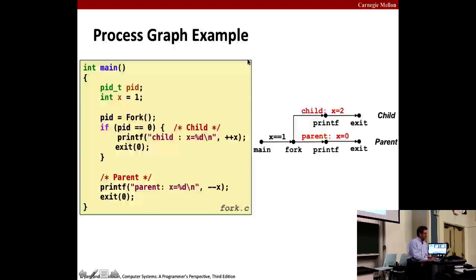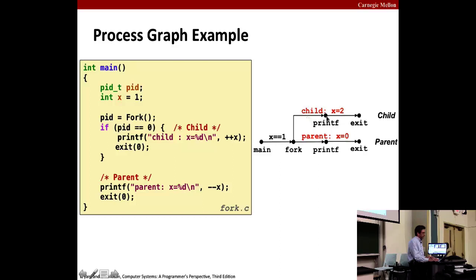Okay, so let's look at how this would work for our example program. Here we have the parent. Initially, x is equal to 1. And then the parent calls fork. The fork returns in both the parent and the child.